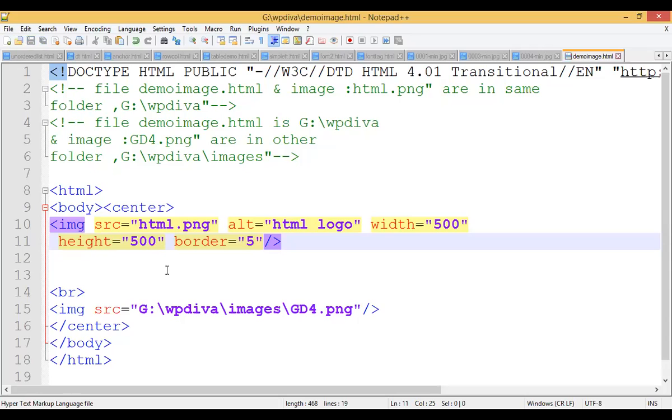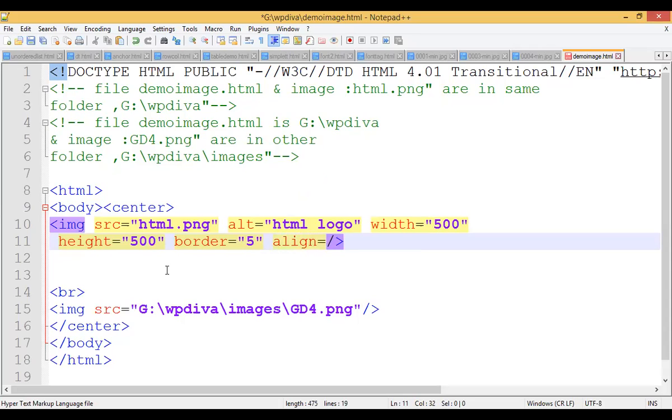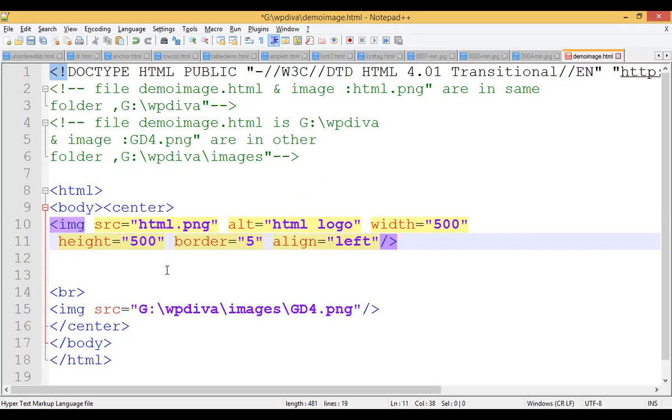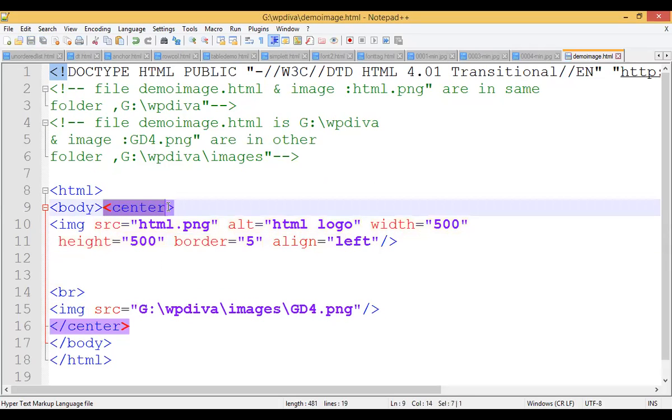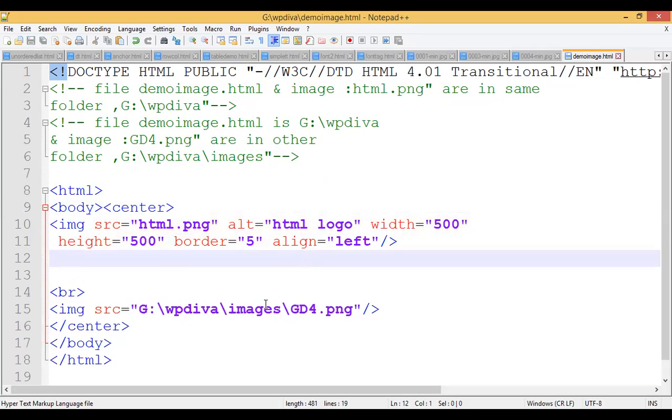Okay. And then I will take one more attribute. That is ALIGN is equal to, I want to align it at the left. Okay, so I want to align it at the left. Whereas where the center attribute is applied now, the content which is in the body, center is applied to this image. Okay, so you can also apply all these properties to this image also. Just I'm showing an example on one image, right?